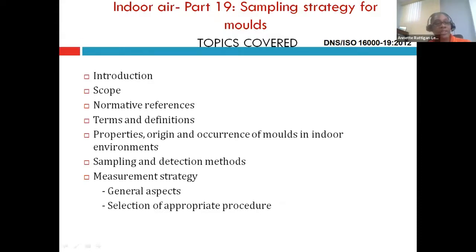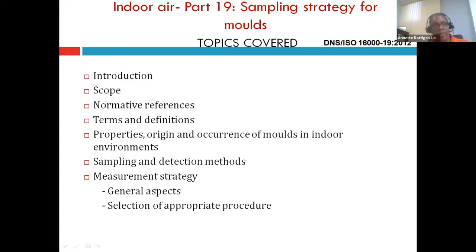Again, there's another section that speaks to sampling and detection methods. And again, this is going to depend on the purpose of the investigation that you're undertaking. And you are also within this section pointed to other standards for guidance on how to collect this, to make sure you apply the best methods and procedures. The measurement strategy in this section